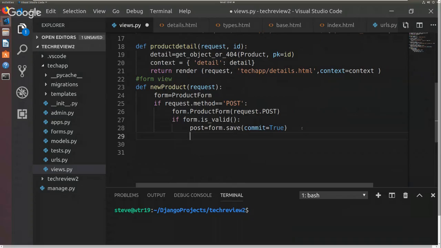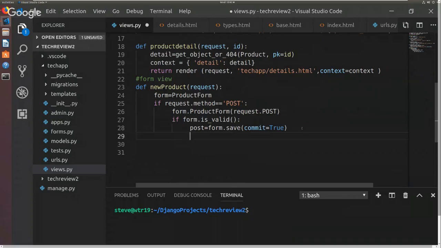Which is good, but can be a pain if you're trying to post code up to GitHub or something; you'd have to use a different way to do that. But basically, we're testing if it's valid. If it is, we're going to write it to the database. And again, in most other